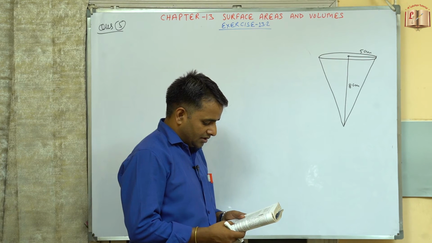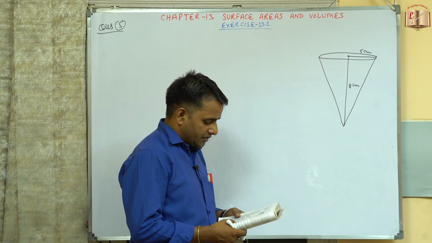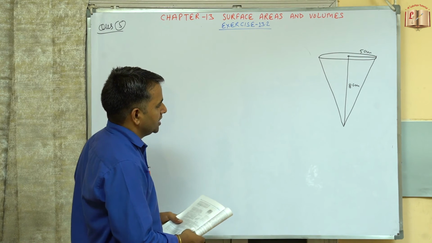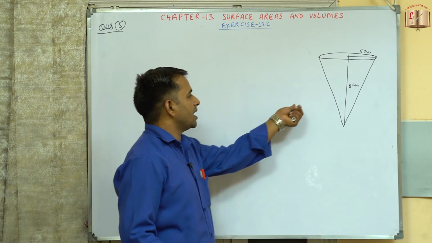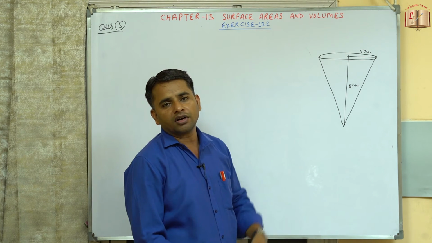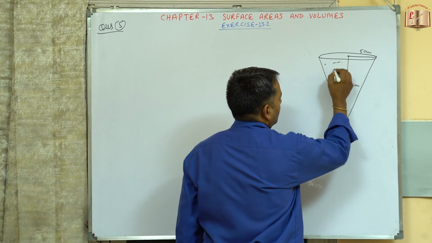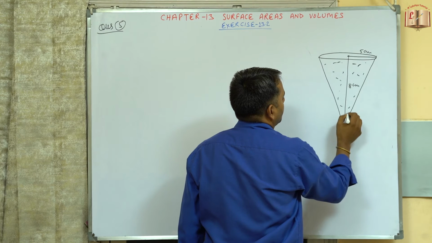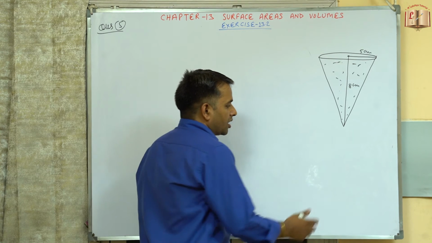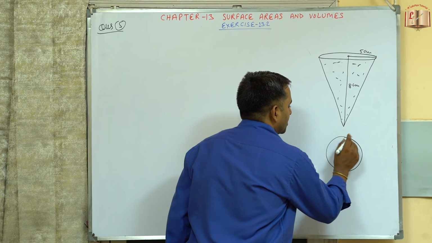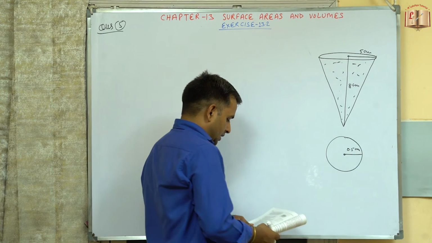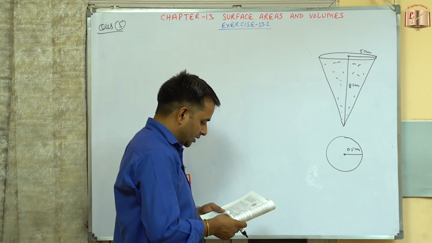When the lead shots, each of which is a sphere of radius 0.5 centimeter, are dropped into the vessel, 1/4 of the water flows out. कि अभी अगर इसमें हमने स्फेरिकल शेप की लीड शॉट्स को डालना शुरू किया तो इसमें से 1/4 वाटर बाहर आ जाएगा. Means 1/4 of the water will spill out. ये भी कंप्लीटली वाटर से फिलअप है. And this radius is already given, this is 0.5 centimeter for this lead shot.